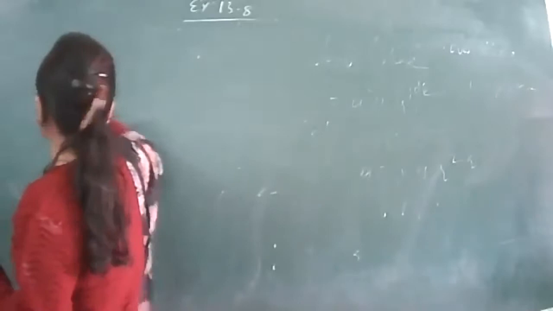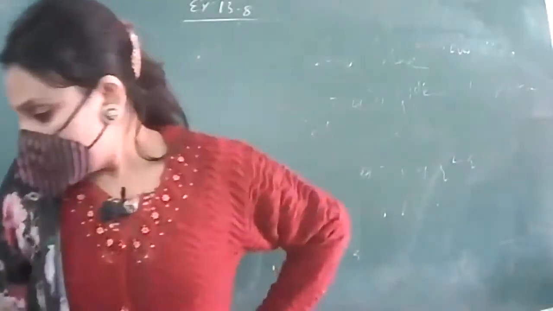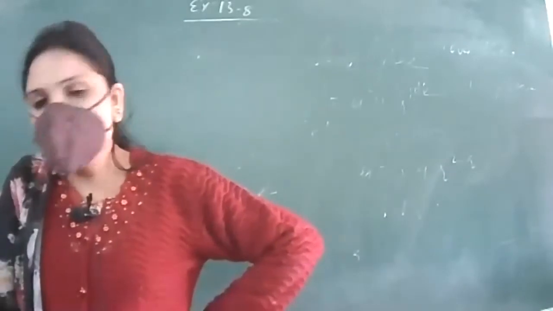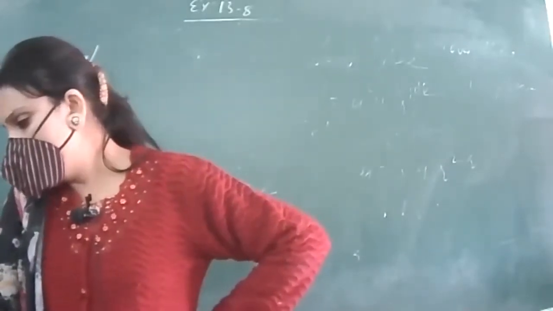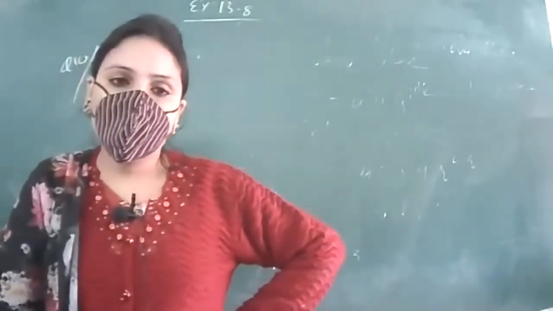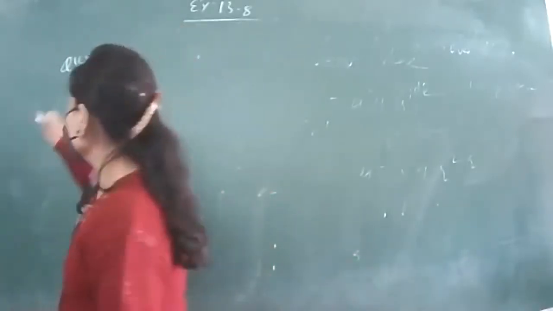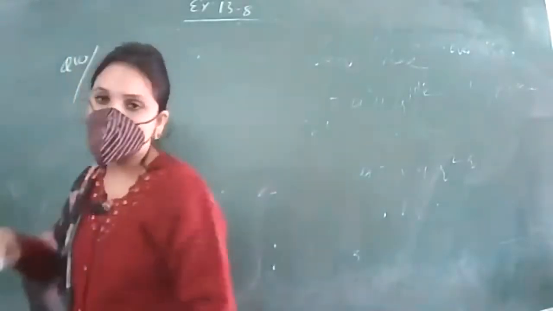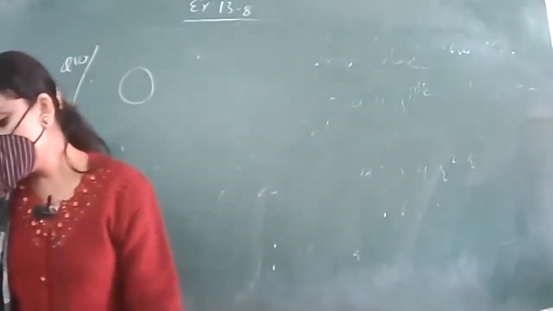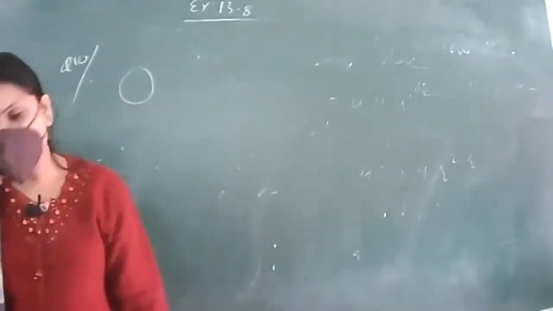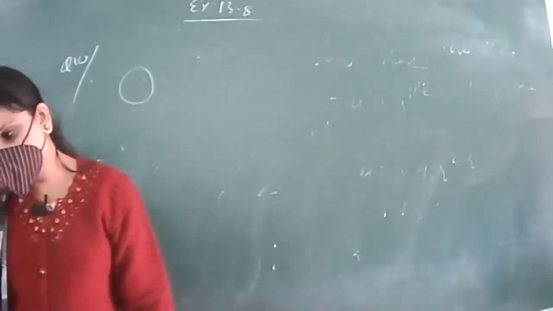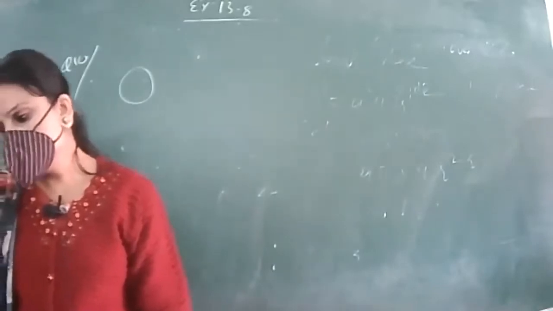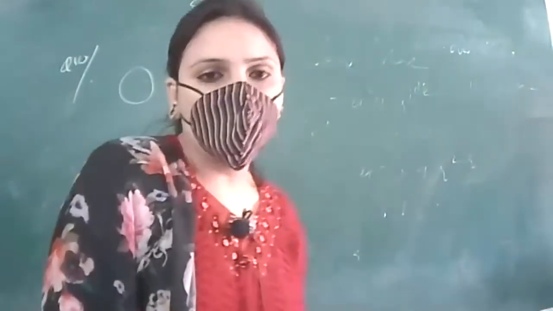Here we are going with question number 10. A capsule of medicine is in the shape of a sphere of diameter 3.5 mm. Spherical shape में we are having capsule of medicine, right? And its diameter is given to be 3.5 mm. How much medicine is needed to be filled in the capsule?